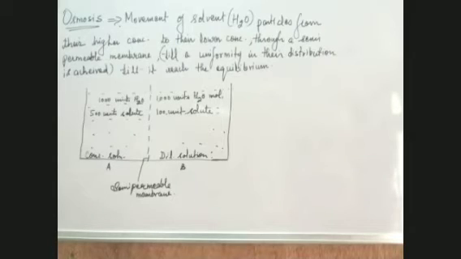Osmosis is in terms of water molecules. Yes, beta. Osmosis is in terms of movement of solvent particles, not the solute particles. Solvent particles have to move. Yes, from where to where? Water molecules from where will move to where? Where the concentration of water molecules is more. Where the water molecules are more.